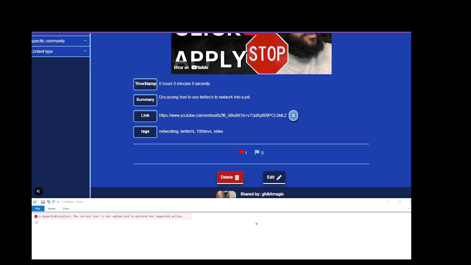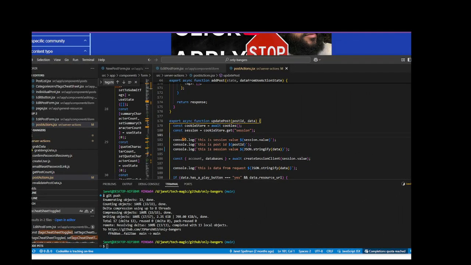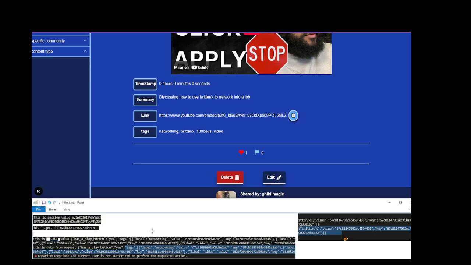So the next step was to go to our trusty console logs. For this, I was console logging, okay, is the session value valid? Did that get messed up somehow? Let me check the post ID, and let me check out the data as well. So the results I got back from that is the session value looked valid, the post ID looked right, but